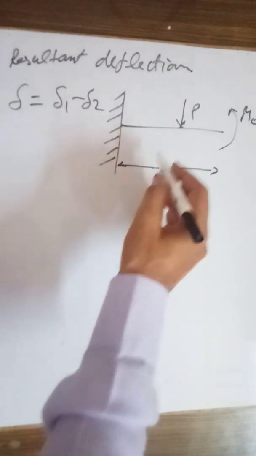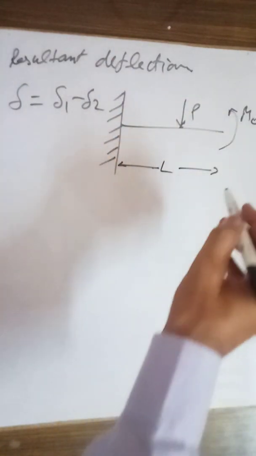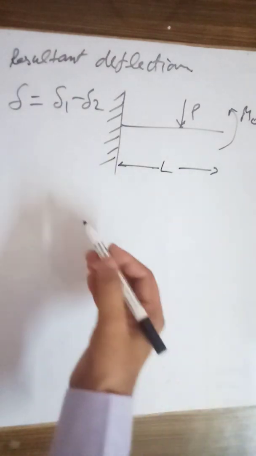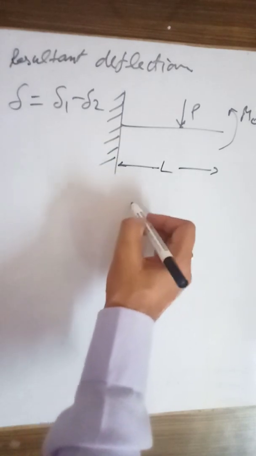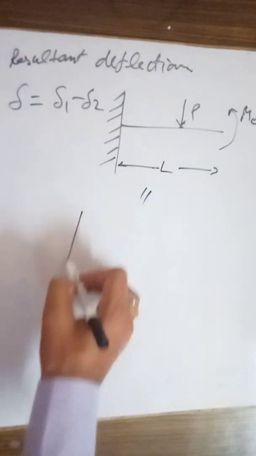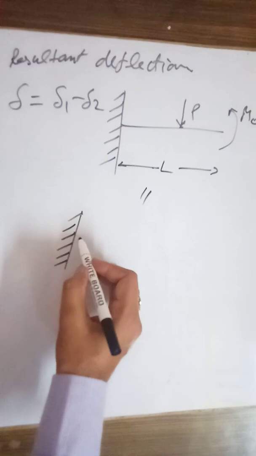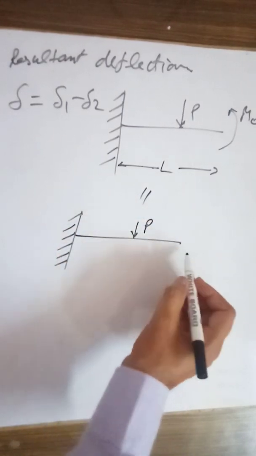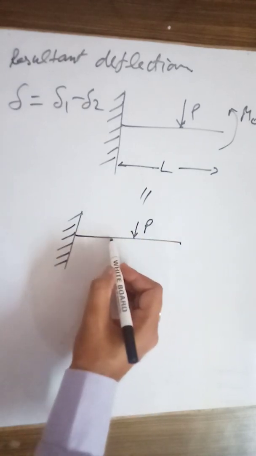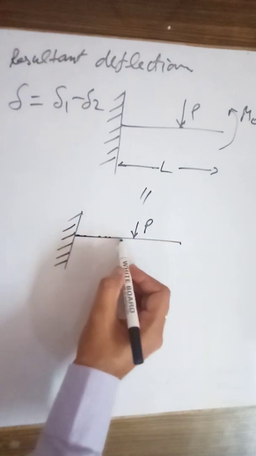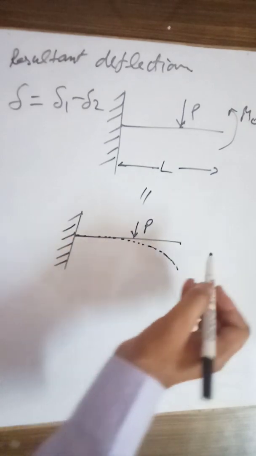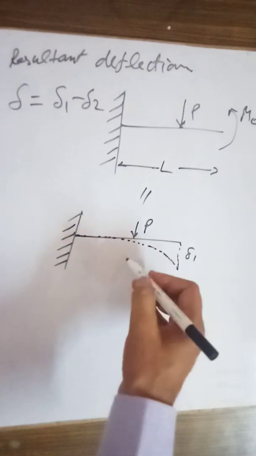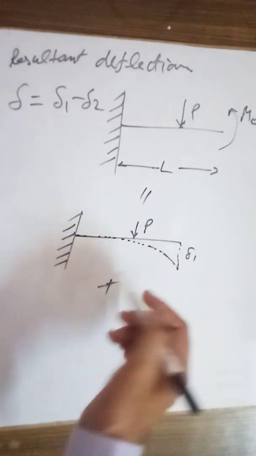So if we try to understand this, this particular structure we can have in two different structures. Like here, this may be equal to this. The load p is applied. So what is our delta? The bending occurs from this part. So this is our del 1,